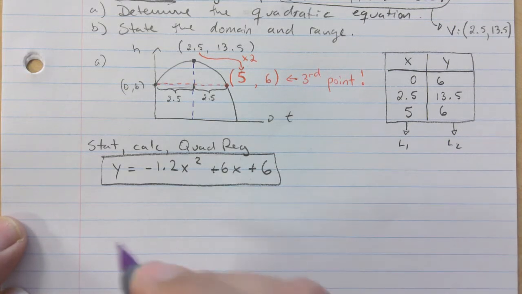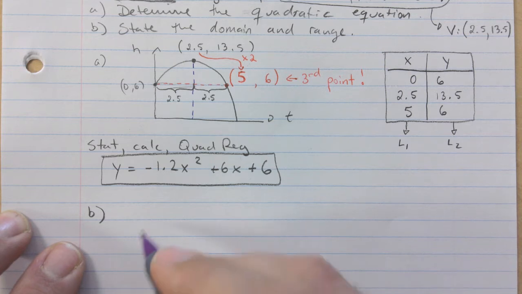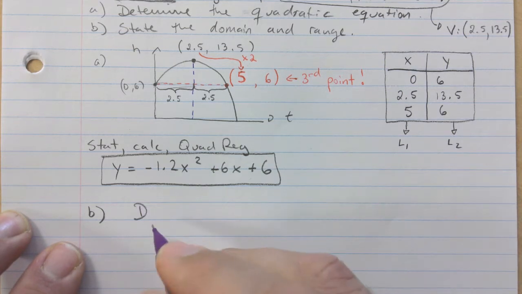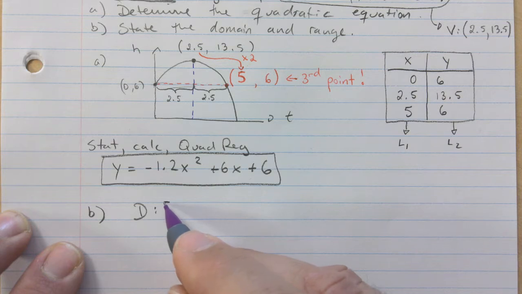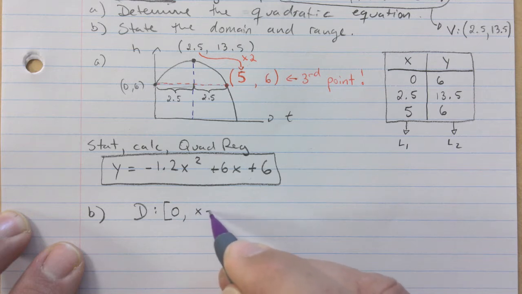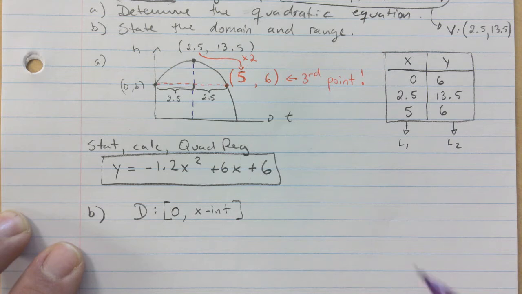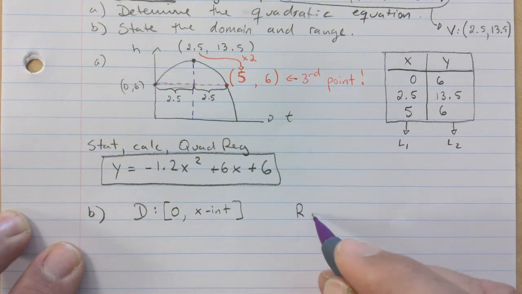B. State the domain and range. For the domain, now that you understand it a little better, I know that it's time, right? So it's from 0 to X-intercept. I need to find that. Range is going to be,